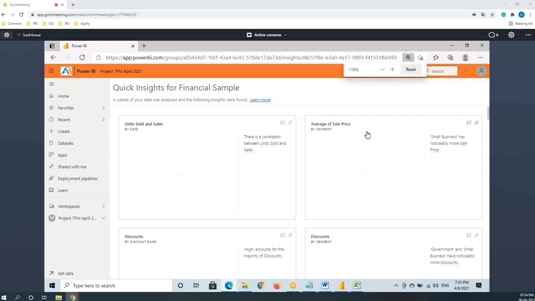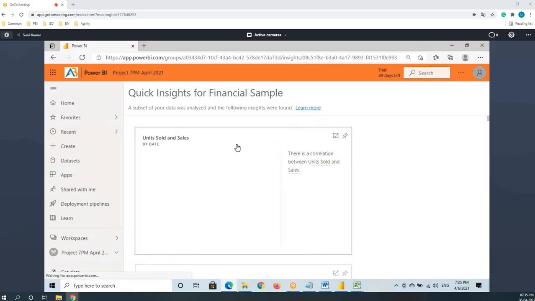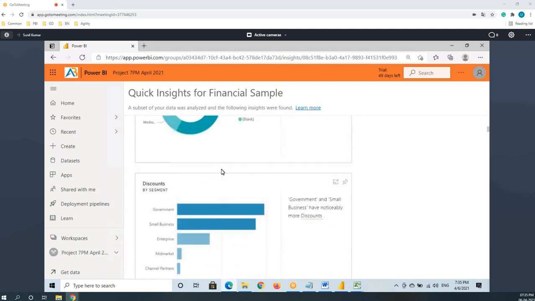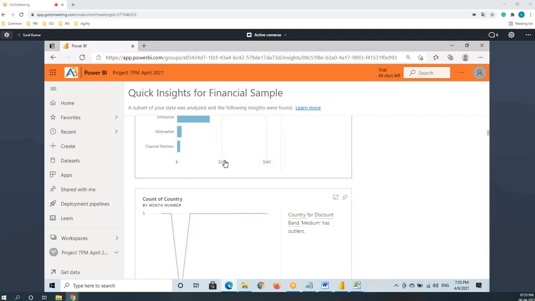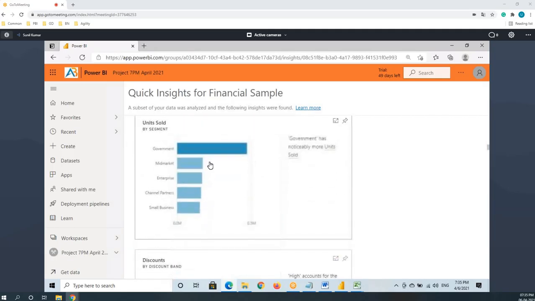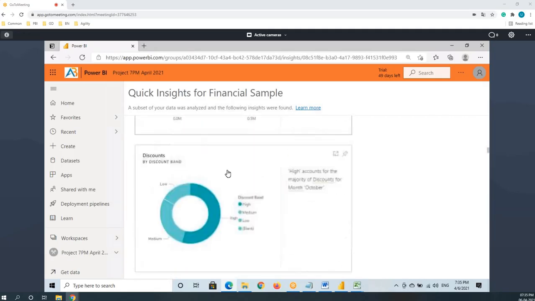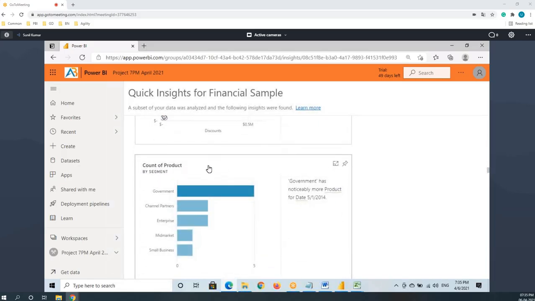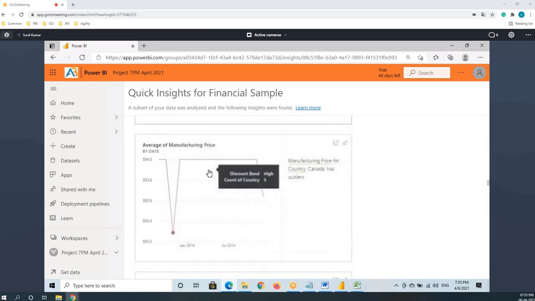Let me increase the size so that you will get it in one page. So it created a lot of visuals. There will be some valid visuals. There will be some invalid visuals. Segment-wise discounts: which segment is giving how much discount? Segment-wise units sold. There will be some valid visuals and some invalid visuals here. Why you will get invalid visuals here is,